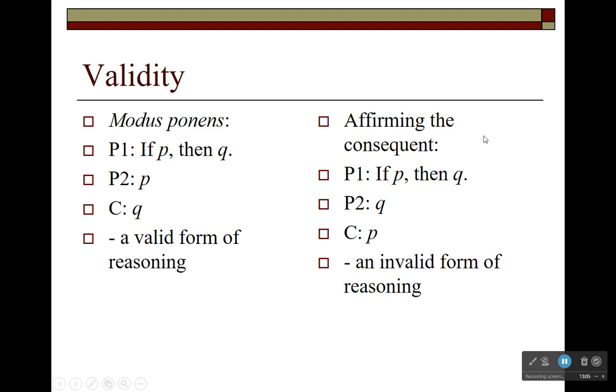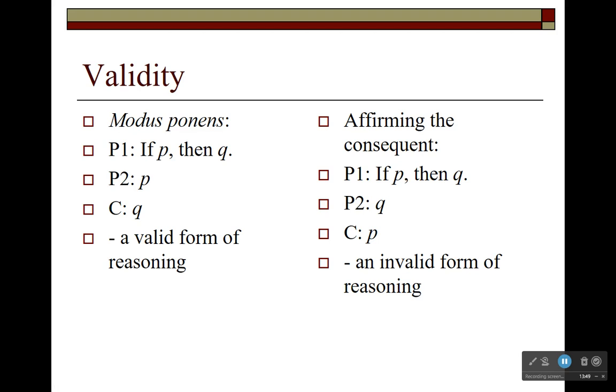That second argument that we said was invalid sounded very similar to the first argument, and yet when we look at the form of the argument, you notice that there's a difference that makes a big difference to the correctness of the reasoning. The first premise was the same statement: if it rained last night, then the grass is wet. The second premise was the grass is wet, and the conclusion was therefore it rained last night. Well, as we said, that's an invalid form of reasoning. And any argument that falls into this pattern is invalid. Even if the statements that you substitute for the variables P and Q are true statements, this is still always going to be an invalid argument.